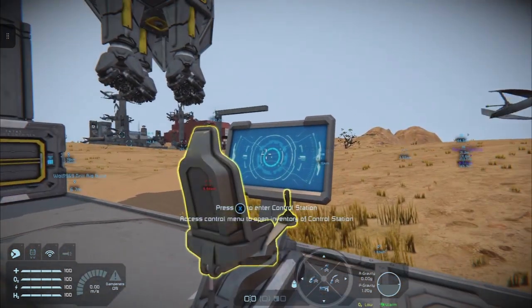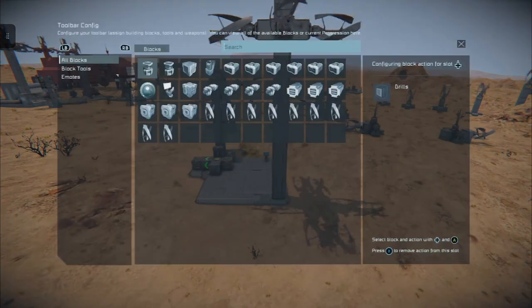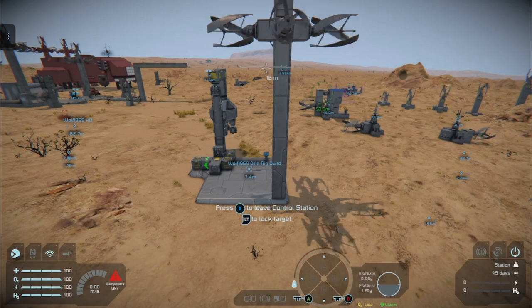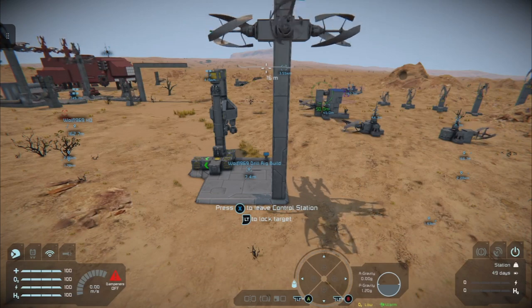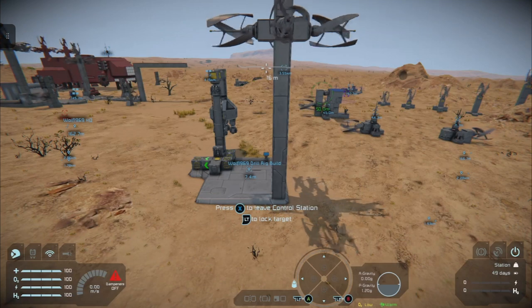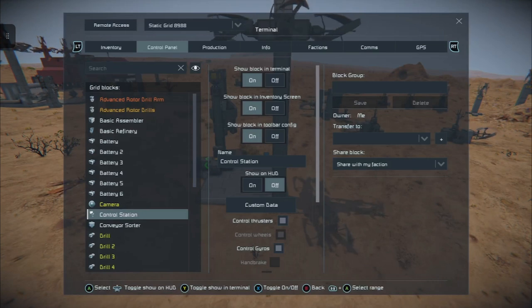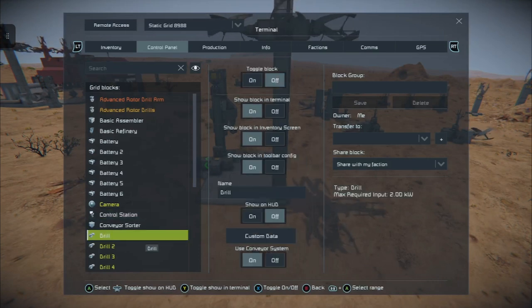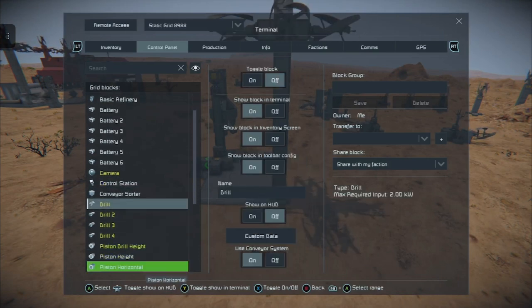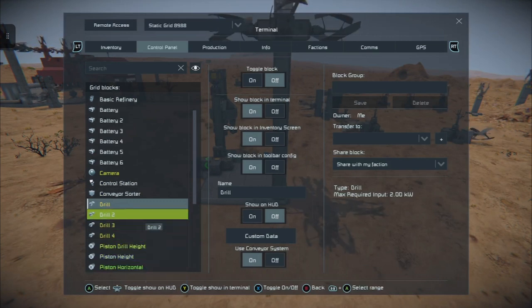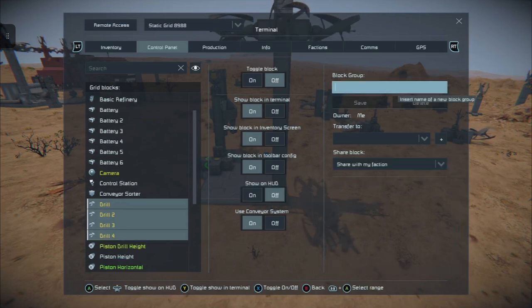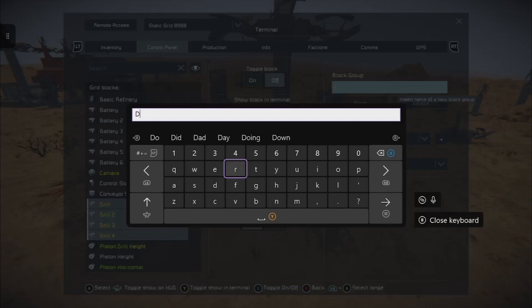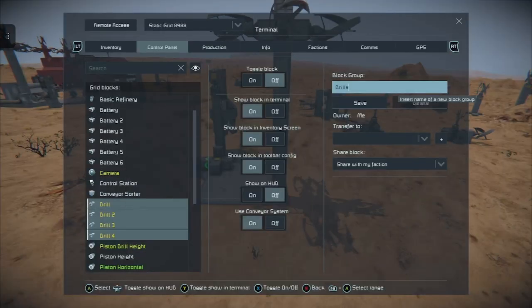from the control panel. Push up on the D-pad, press X, because we don't have any things going on with the control panel at the moment. We need to create some groups. And for a start, we need to select the first drill. And then hold the right bumper and just tap A for ease of use. And we're just going to call this group drills. Let's save her off.